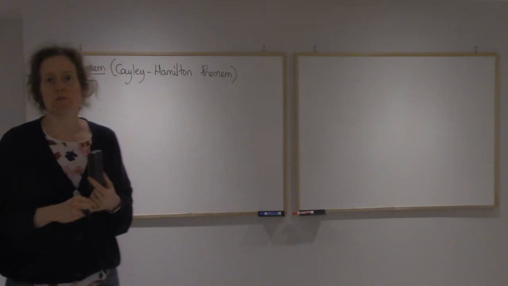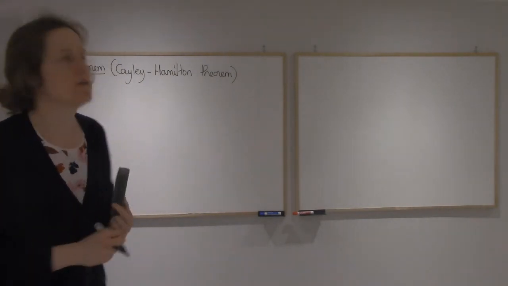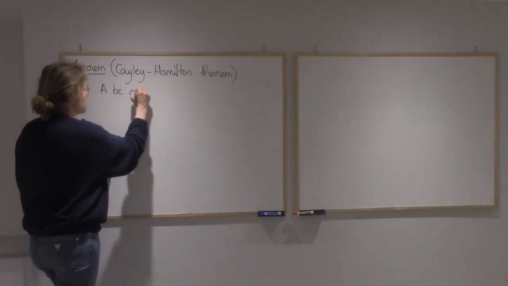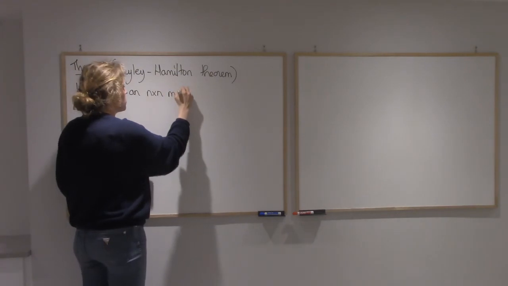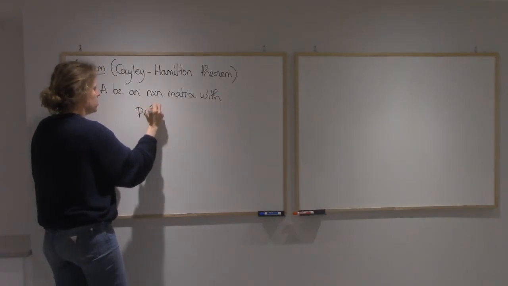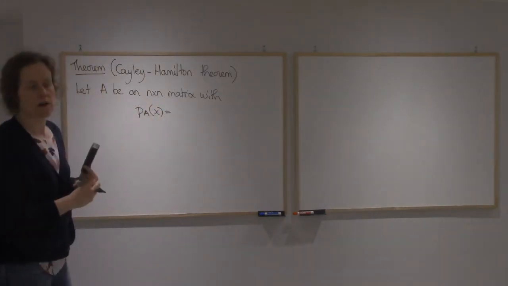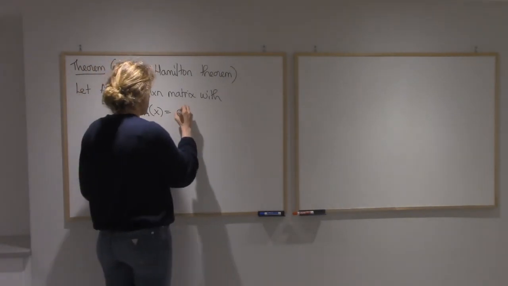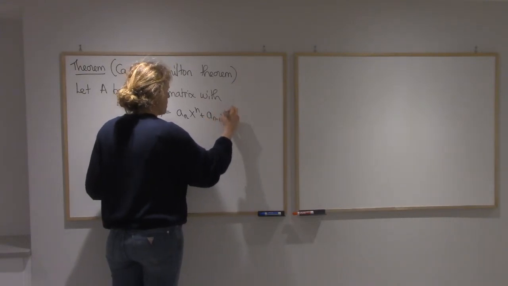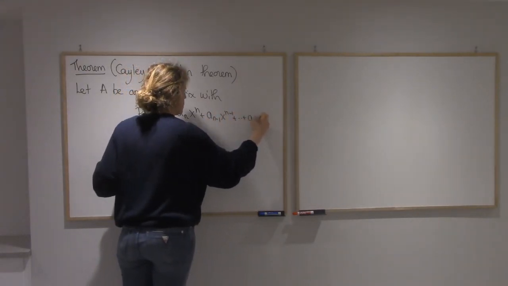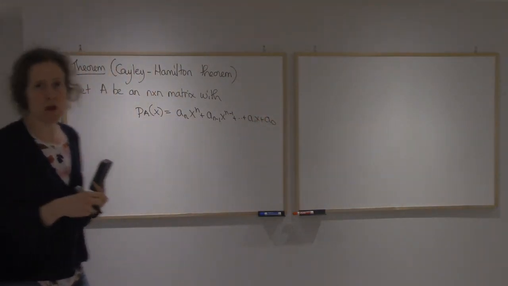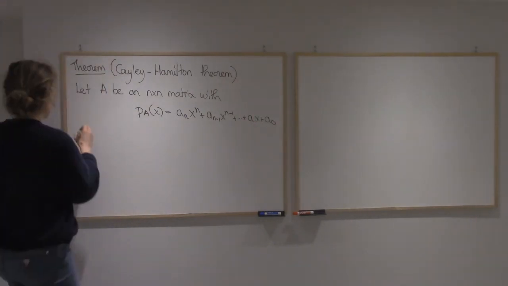Alright, so I'm going to assume I have a square matrix A and I know its characteristic polynomial. Let's say its characteristic polynomial is p(x) = a_n x^n + a_{n-1} x^{n-1} + ... + a_1 x + a_0. That's the characteristic polynomial that you got from computing some determinant. Then,